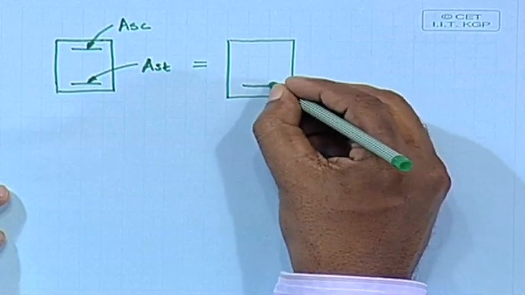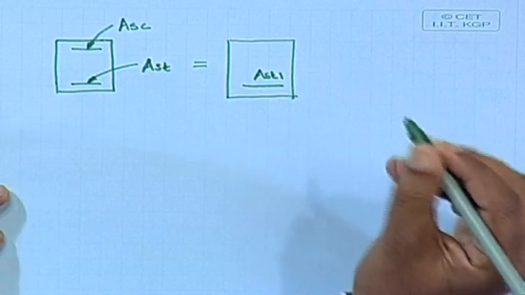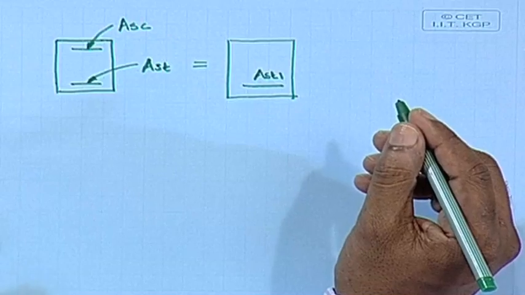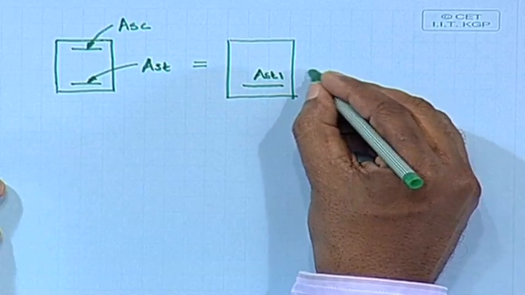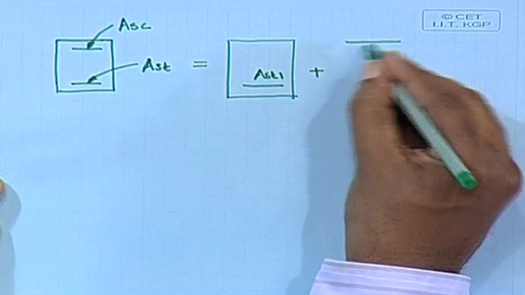Therefore, I can say this portion has area of steel AST 1, due to the singly reinforced section, plus the remaining portion I can provide it,